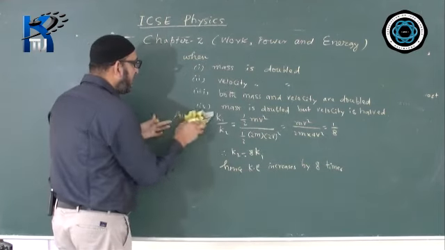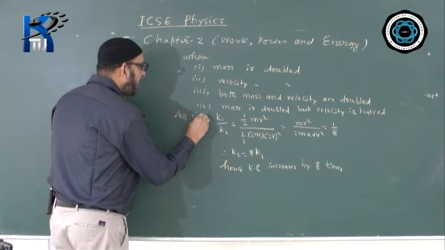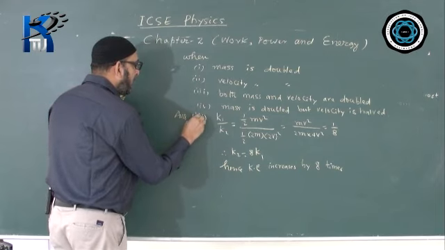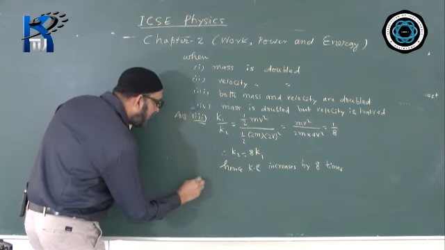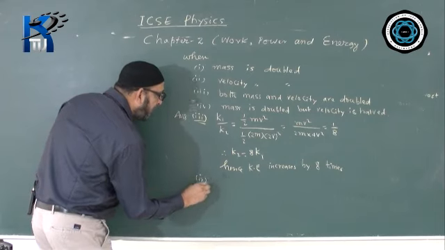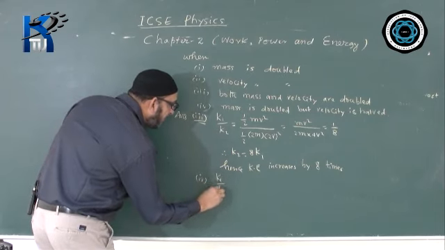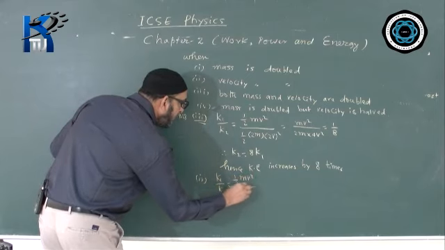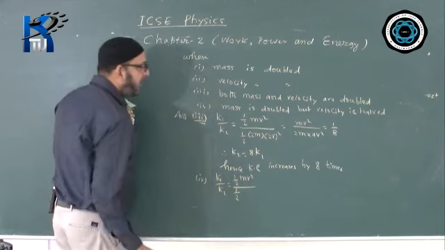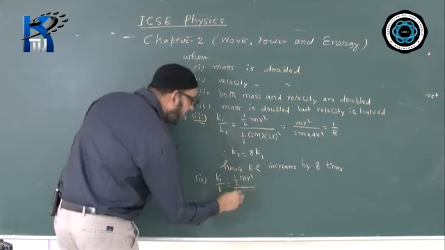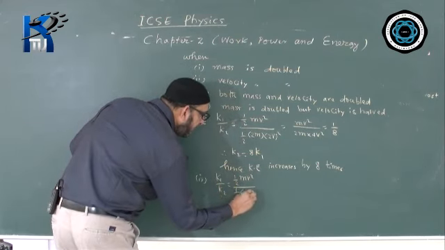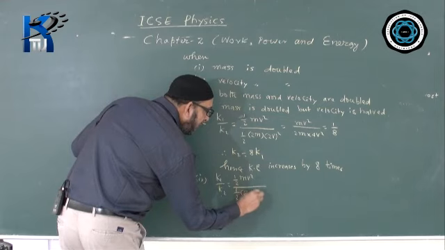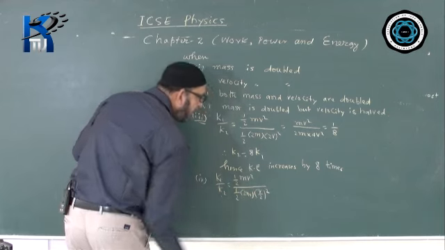Now this was case 3. Now last case, that is case number 4. Again same way we are going to do K1 by K2. First case I write half mv square. Second case half, mass is double, so mass I will write 2m within bracket you must write. Velocity is half, that means v by 2. It was v before, now it becomes v by 2, becoming half.